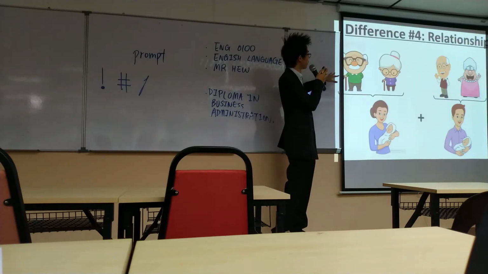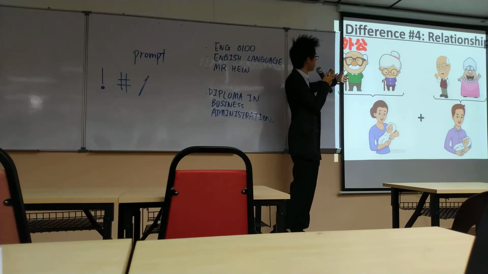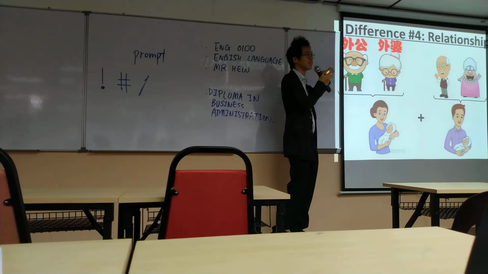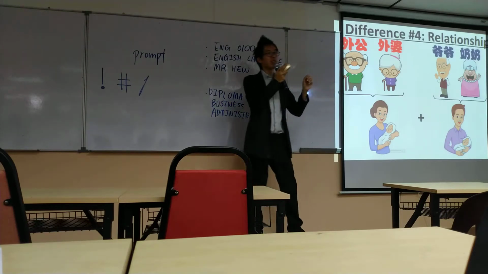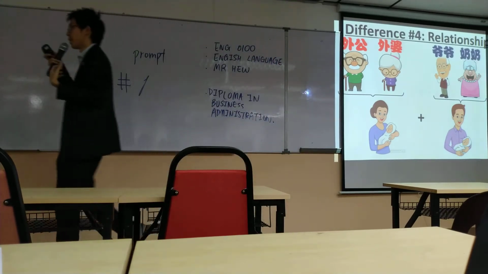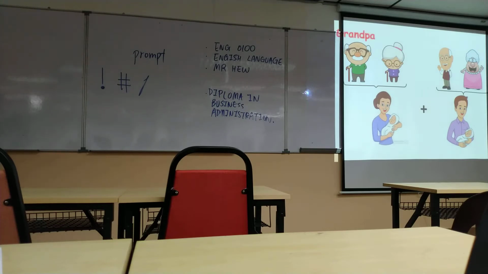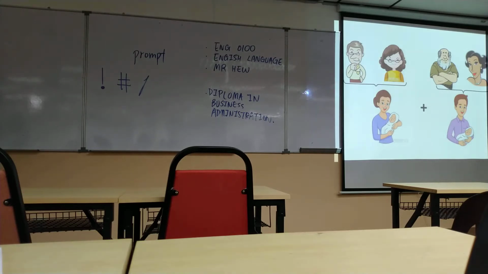And then about relationship, we have our mother's father is 外公. Our mother's mother is 外婆. Our father's father is 爷爷. Okay, our father's mother is 奶奶. In English, they don't care about this relationship. We care a lot about relationship. In English, we call it grandpa, grandma, grandpa, grandma. That's all. In Chinese, we call 妈妈的哥哥是舅舅，妈妈的姐姐的老公是姨丈. Every time I go to pay a New Year visit, I'm really confused.